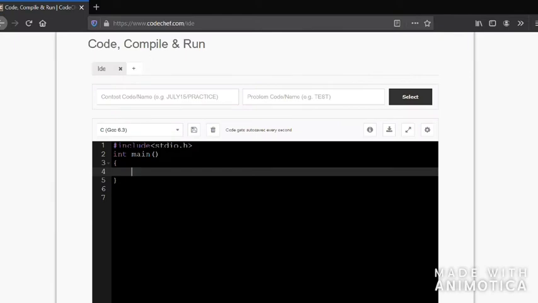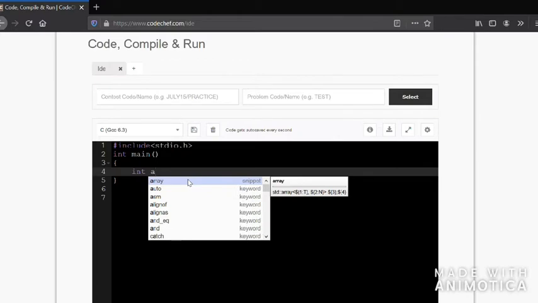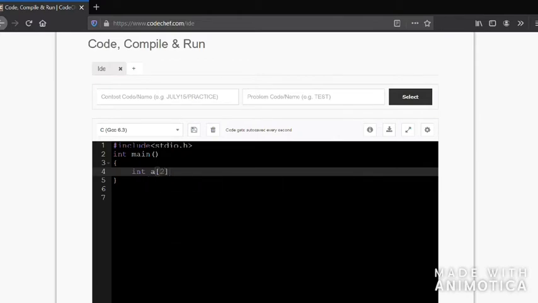Now let us see a simple program with the dimensions 2 by 2, a program to accept the numbers and store them in the array. First we have to declare the array. So int a, the number of rows is going to be 2, and the number of columns is also going to be 2.